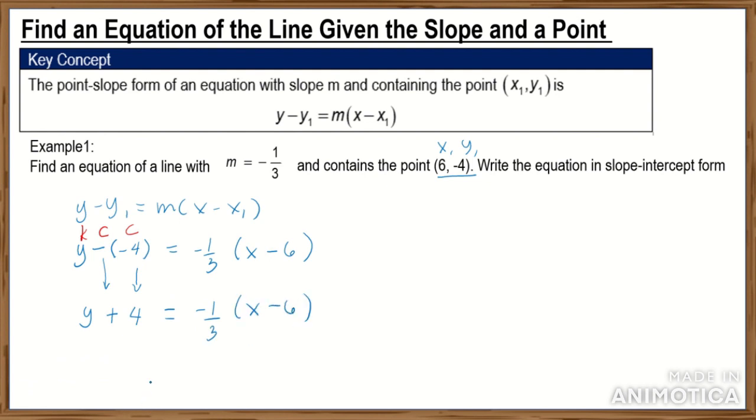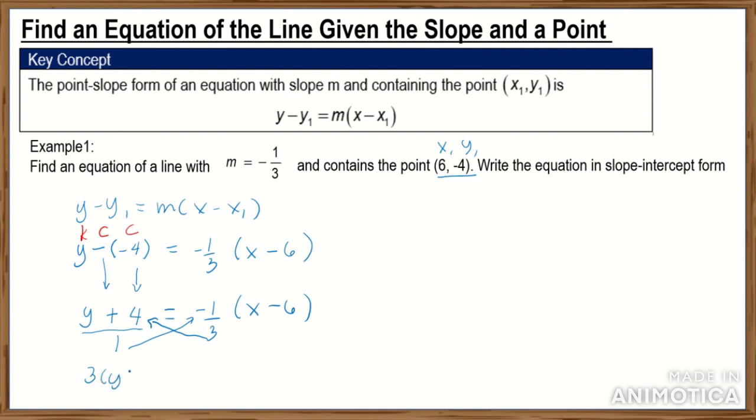Now, notice that the equation is in fraction form. How are we going to remove the fraction form of the equation? We simply get the cross products. Now, y plus 4 has an understood denominator of 1. So, in getting the cross products, we multiply 3 to this and then 1 to the numerator on the left side. So we have here now